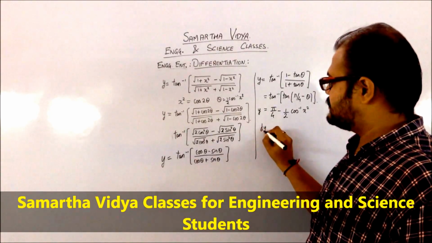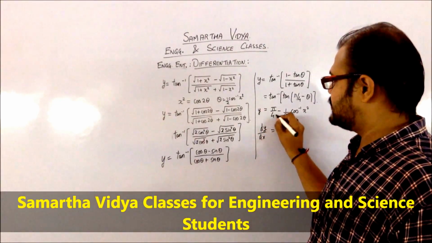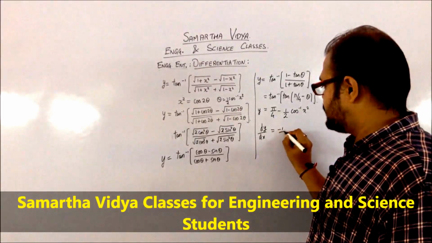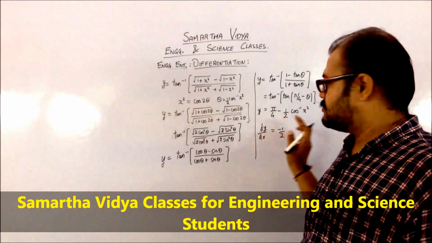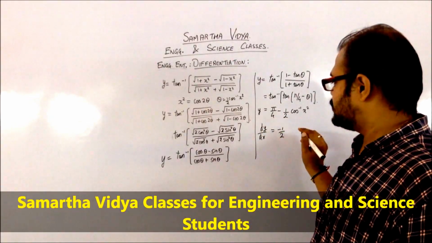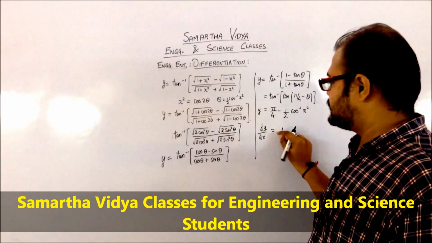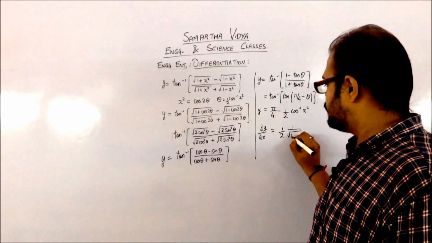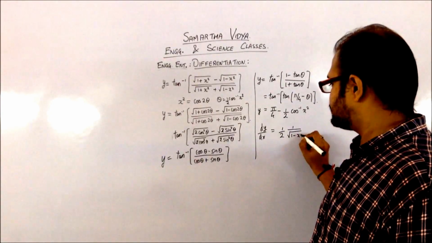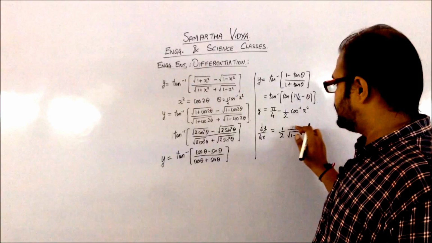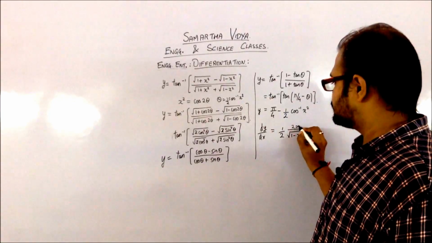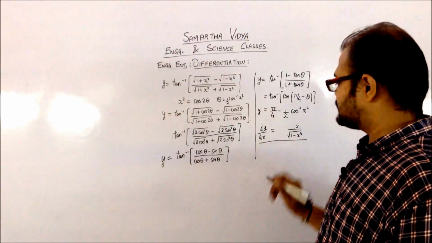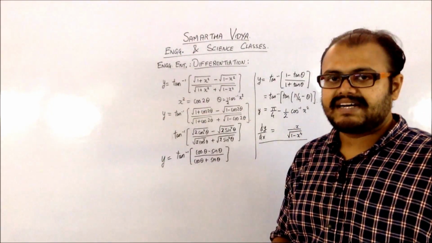When you take the derivative, dy by dx, the derivative of pi by 4 will be 0 because it is a constant. You will have the minus half, which is a constant part, and then the derivative of cos inverse. You know that the derivative of cos inverse is minus 1 upon root of 1 minus x square. So it becomes x raised to 4, into the derivative of x square, which is 2x. The 2 gets cancelled out, and you remain with the derivative x upon root of 1 minus x raised to 4.